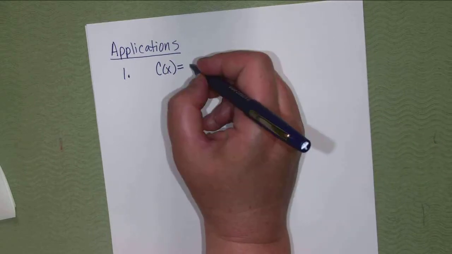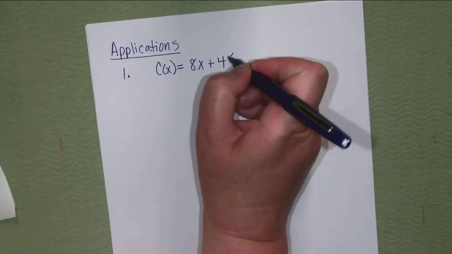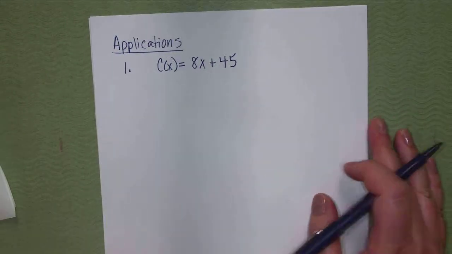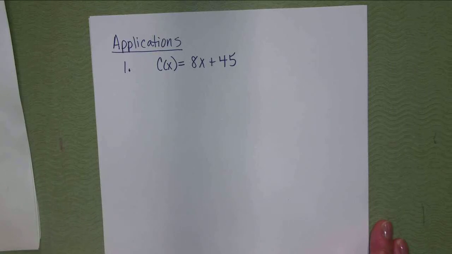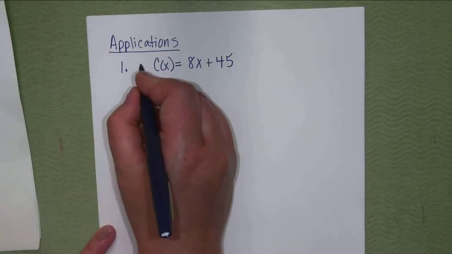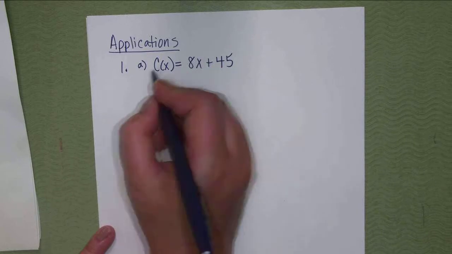So this would be 8x plus 45. So you can write that function right on your sheet. So it would say cost function 8x plus 45. So part A, you would not need to know how to do. I would give you the cost function. B,